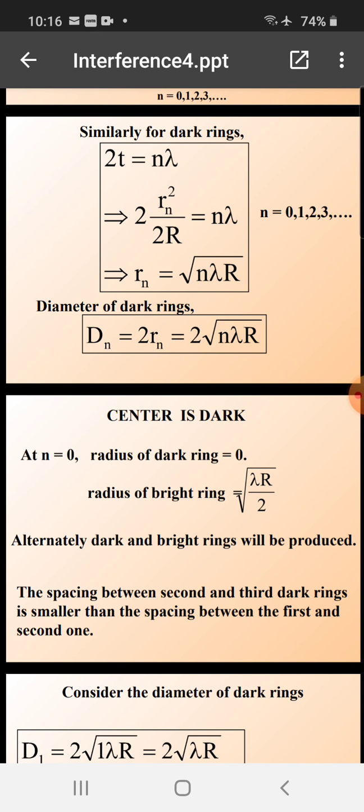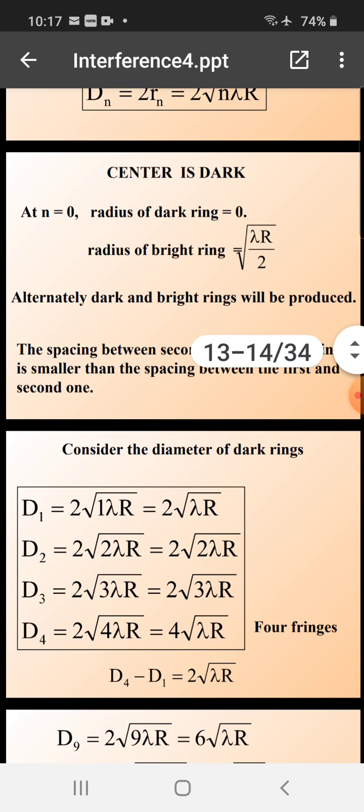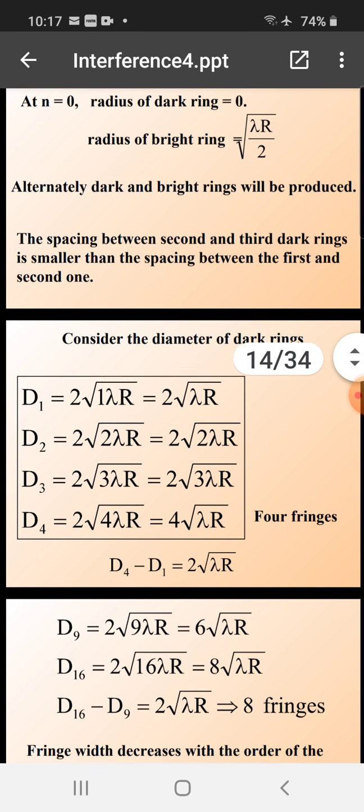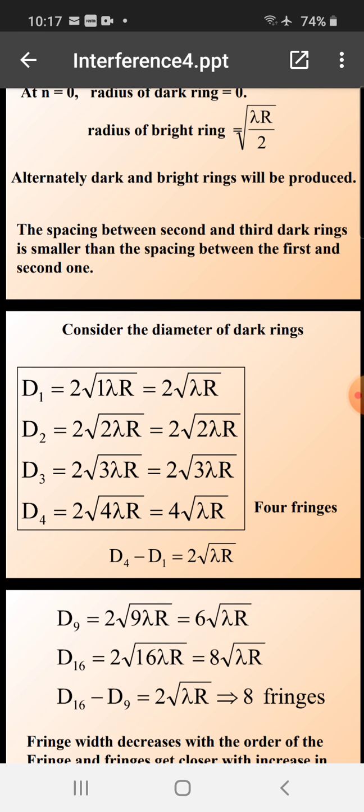The spacing between second and third dark ring is smaller than spacing between the first and second one, and so on. For example, let us take the diameters of first, second, third and fourth. Keep on putting the value of n equal to 1, 2, 3 and so on. And check it, d4 minus d1 is twice, d9 is equal to 6, d16 is equal to that, or the difference of 16 minus 9 is equal to this. It gives you 8